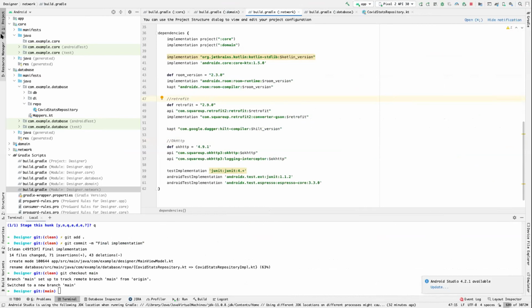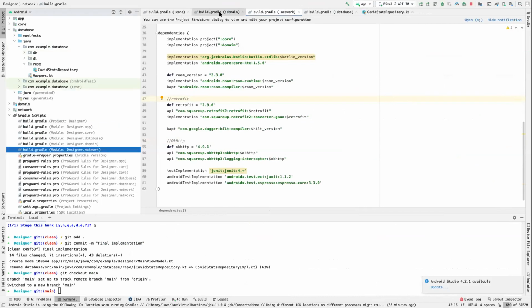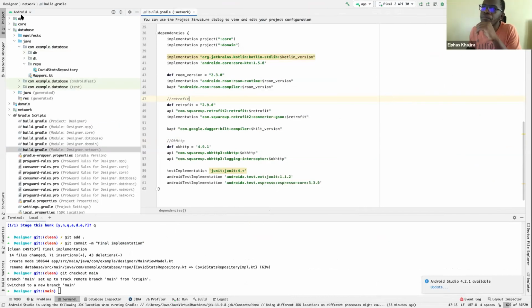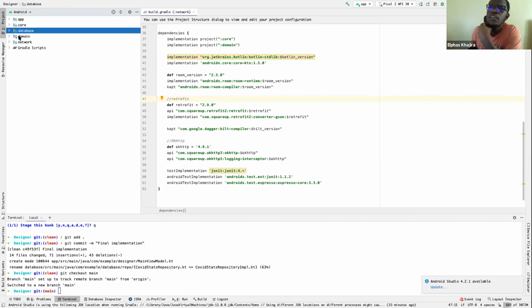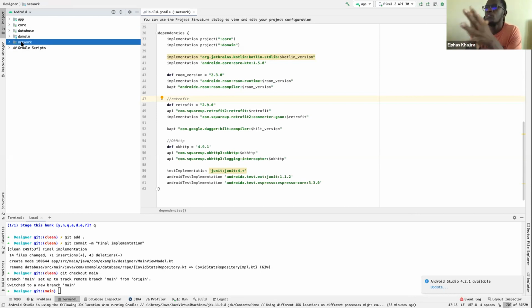Yeah? Yes. Okay. So we have this app. This is the structure of this app. We have the app module, we have the core module, which has nothing. It just has shared dependencies. We'll go through that. Then we have a database module, a domain module, and a network module.